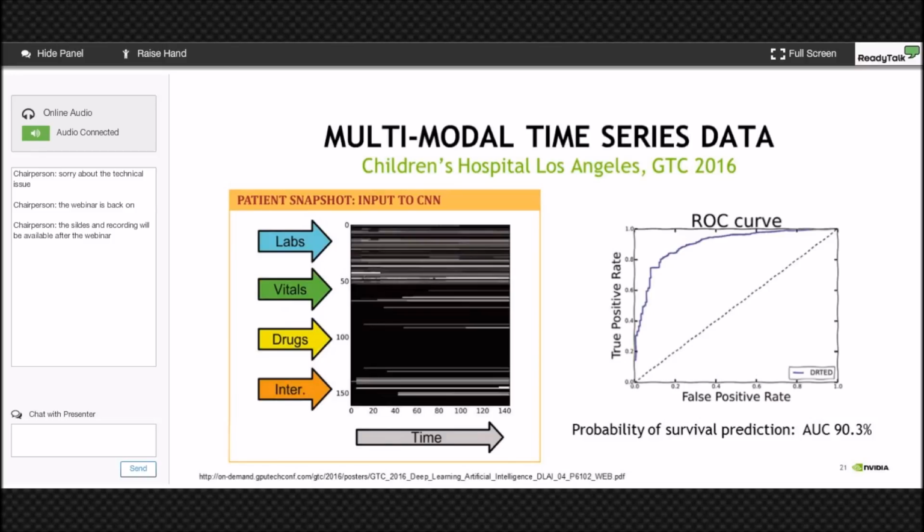Researchers at the Children's Hospital of Los Angeles gave a nice example at GTC, showing that deep learning can also be applied for prediction tasks in a multimodal streaming data context. So they created timeline visualizations of all the incoming data relevant to a patient. So for example, the lab results as they came in over time, the patient's vital signs, the drugs that had been administered. And they converted these into this timeline representation you see on the left, where the